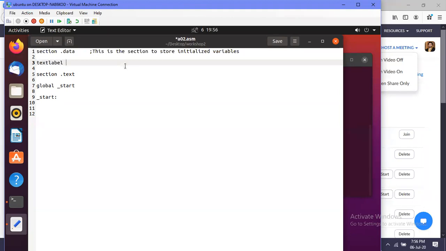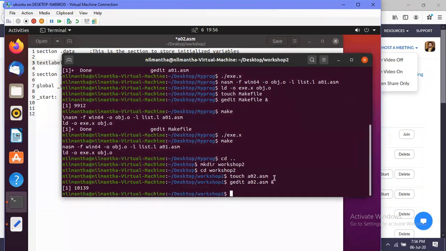Then we have a keyword db. db means define bytes. What are the bytes we are going to define? I'm going to define hello world. But not only that. If we want to print something to the screen, and suppose we want to go to the next line, we have to tell the console the way to go to the next line.